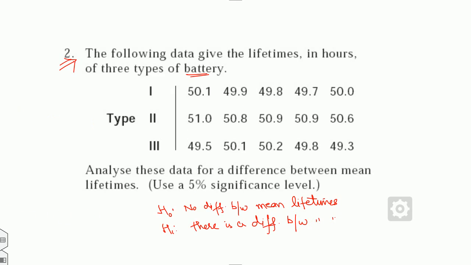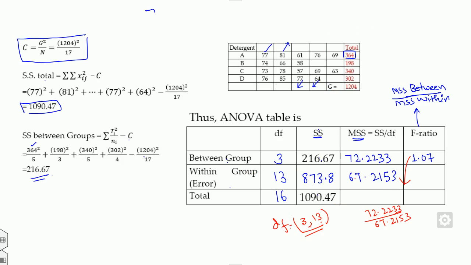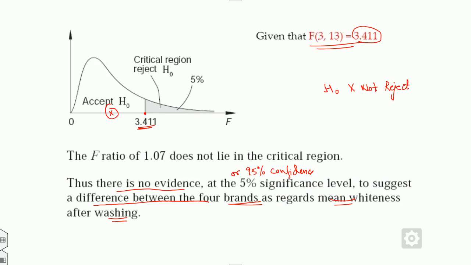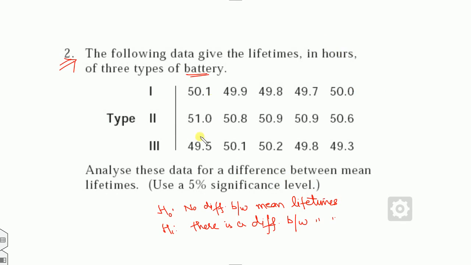Okay, now look at that. If you look carefully at the last example, this is 77 square, 81 square, so the calculation is very lengthy. In order to avoid it, as we also discussed in the last lecture, you can subtract any small number from this. How many numbers are there? This is 15. So you can subtract any number, either 50 or 45.1 and so on, so that your calculation will be reduced.